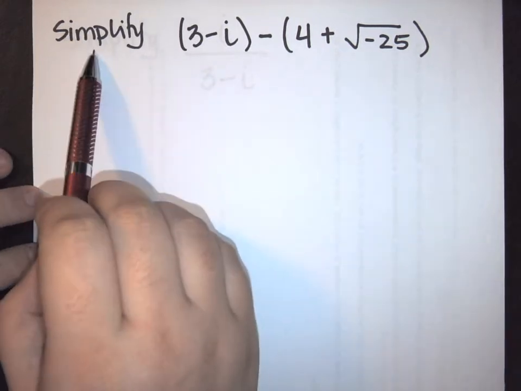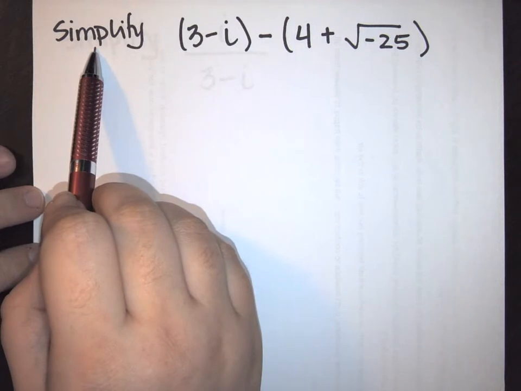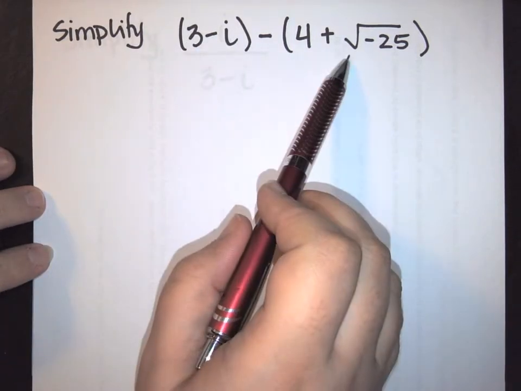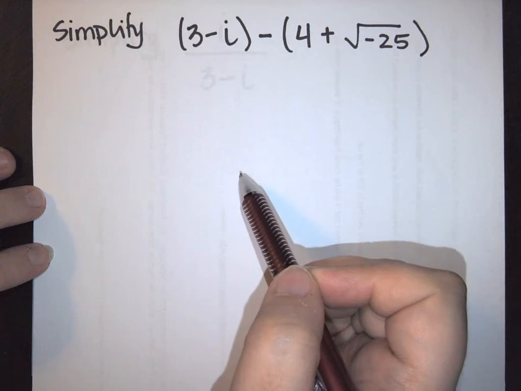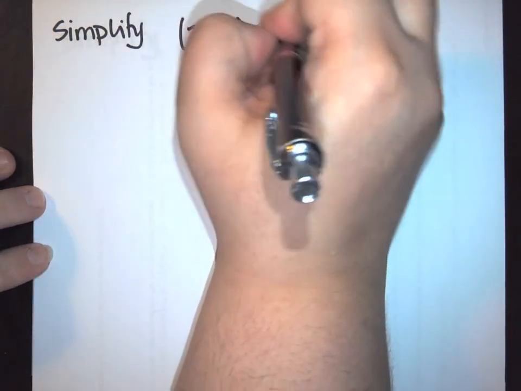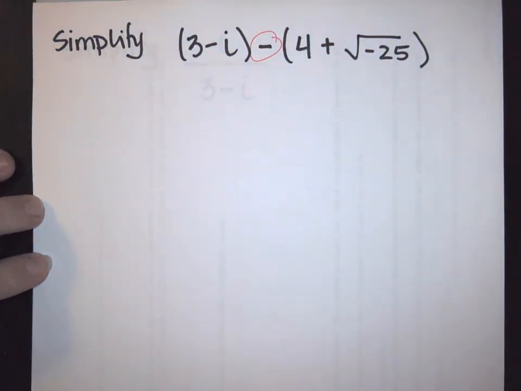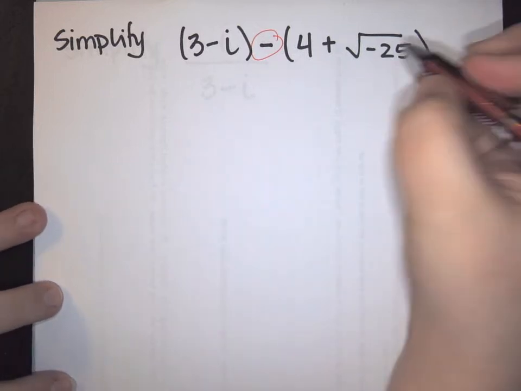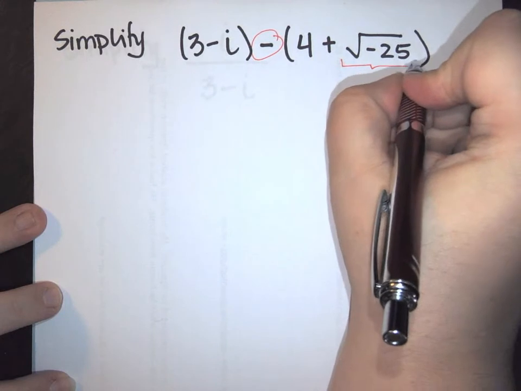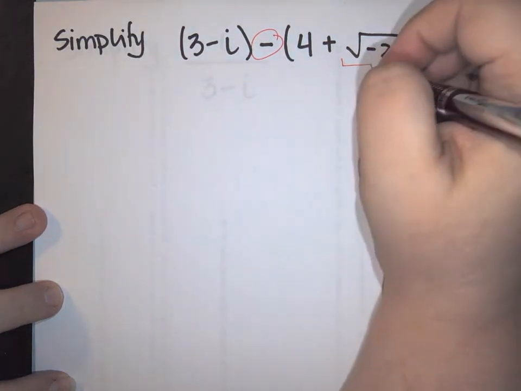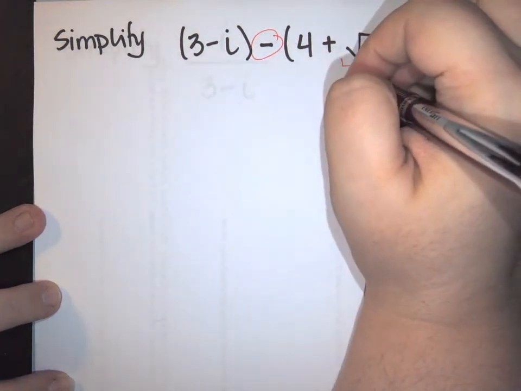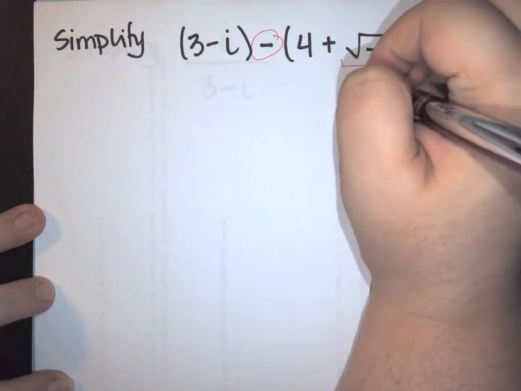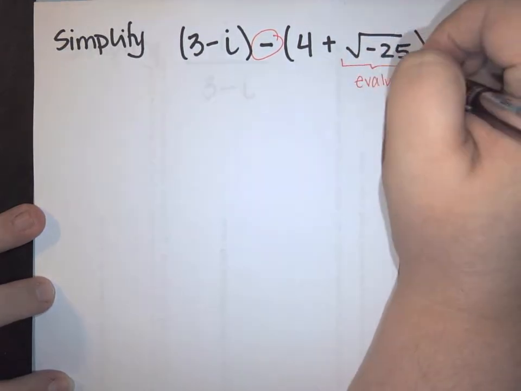First, I need to know what I'm doing, and here I'm going to simplify. Simplify just essentially means I need to combine my terms together and make it as small as I can. I am subtracting, so this is one of the most important things to keep in mind, because that negative sign is going to need to be distributed through the back part of your parentheses. However, before we get there, we have to deal with my radical. So in this case, we need to evaluate or simplify